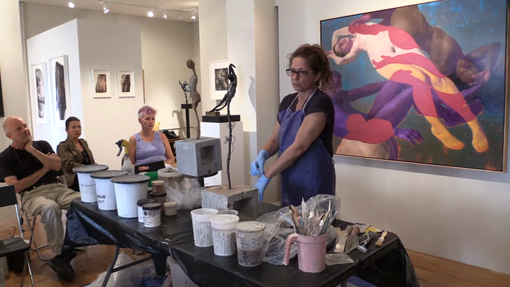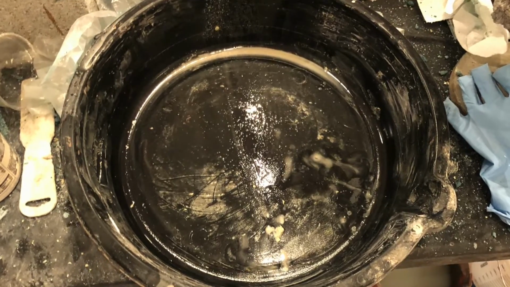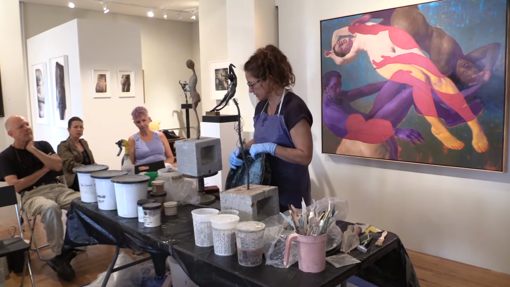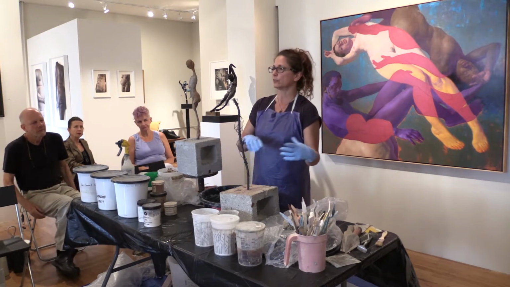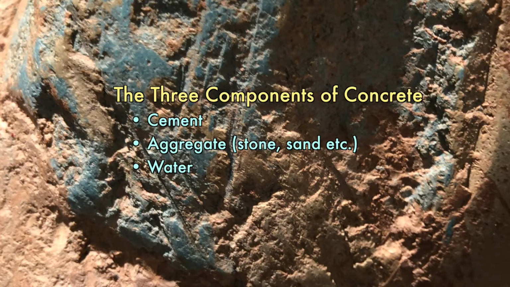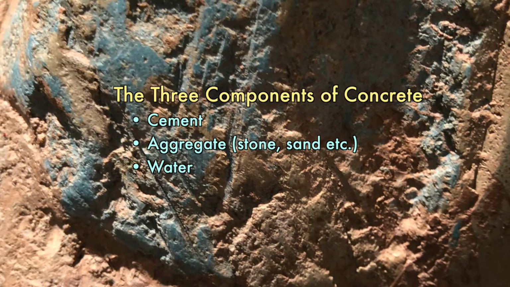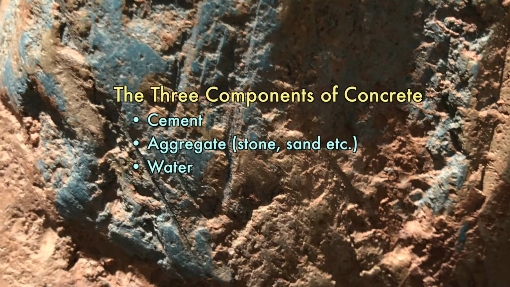I don't need the big mixers and so forth. These oil pans are great. I have different ones for different colors because no matter how often I try to clean it, I still get messes in there. So I'll have one for dark colors and one for light colors if I want to keep the color really pure. So concrete has three basic components: cement, an aggregate of some kind, stone, sand, what have you, and